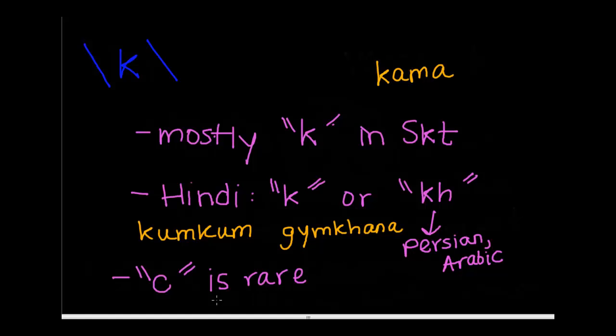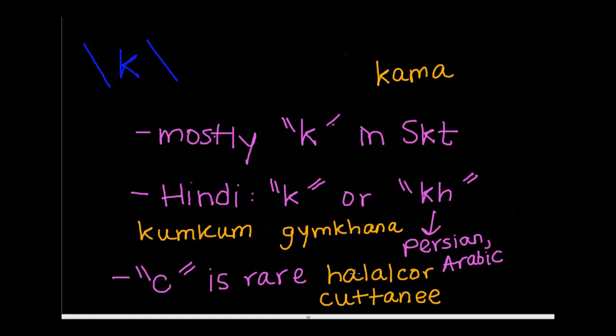Gymkhana. Again, C is rare. Two words I have are halalkor, and also katani. Now, both of these words come from Hindi, from like Arabic, so that's why it's not a K, it's going to be a C, because if you hear the C or you see the C, it's usually from Persian